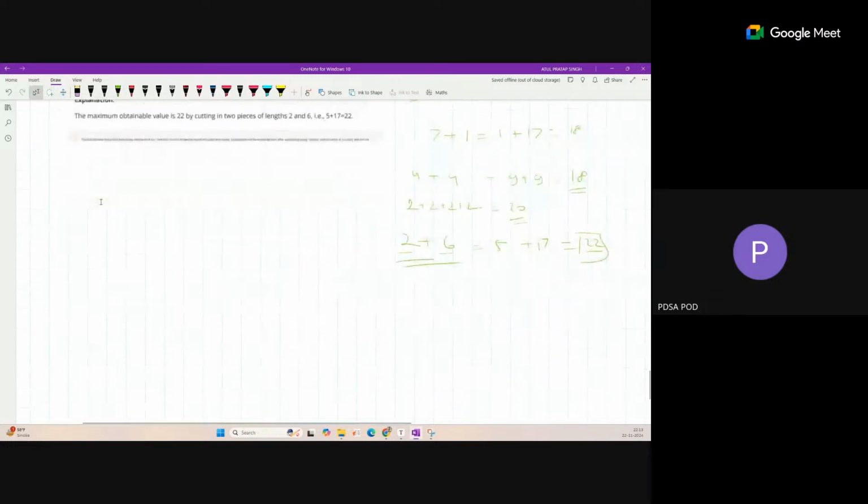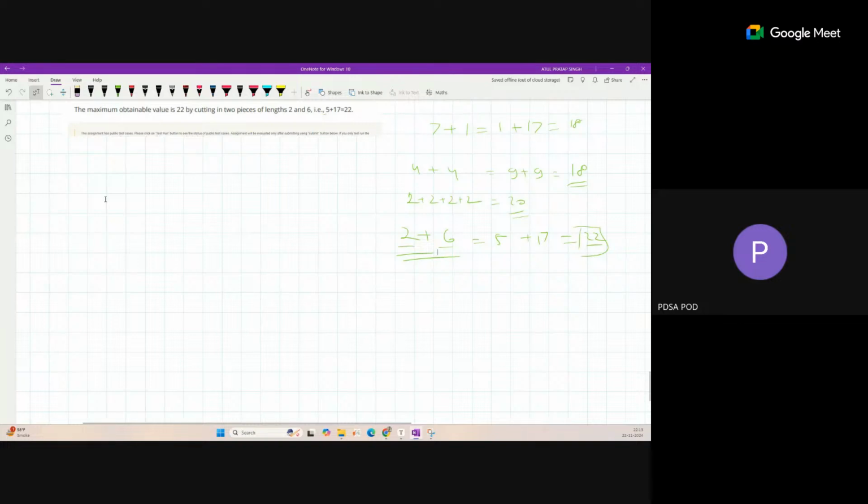So here also you can think about the same two-dimensional approach. One is for the length that is given, so you can take that as the number of rows. The length is given as n, so you can take that as the number of rows, how many rows you are getting. And for columns,